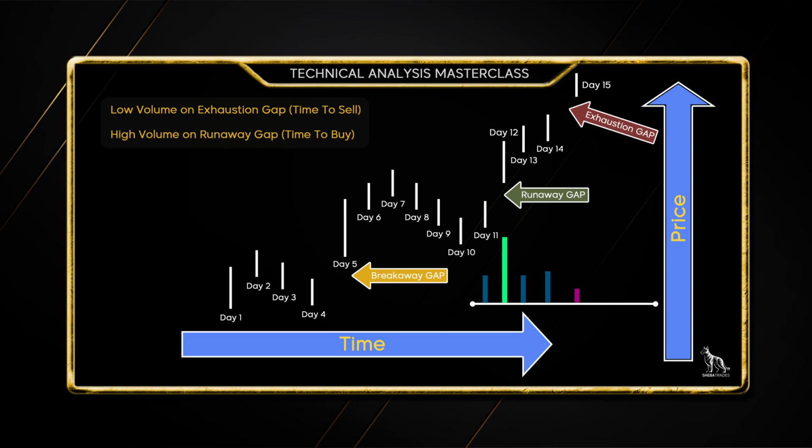It's going to be very low, and that's very telling when there's already an established trend, and it's signaling that that trend is coming to an end. So it's imperative that you're watching that volume when you're trying to dictate what type of gap you're looking at. Is it a runaway gap, breakaway gap, or an exhaustion gap? And how is it going to affect the current trend, or is it going to start a new trend?